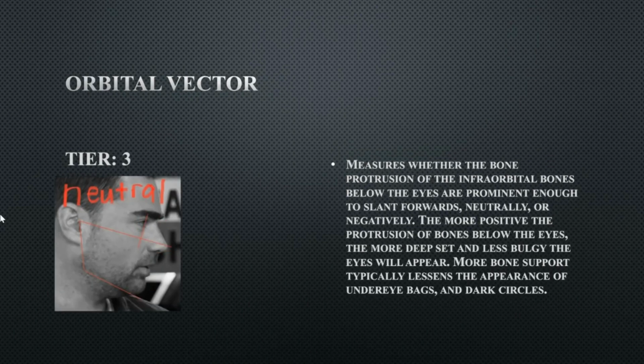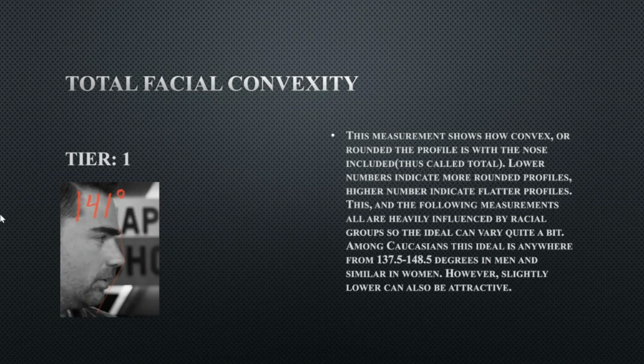His orbital vector, so your bone protrusion underneath the eye, you want it to be more protrusive to make your eyes more deep set, and his is neutral, so he doesn't have too much bone support underneath the eyes, but is within a decent range, so it's not going to look too buggish, but it's not going to look too deep set. His total facial convexity is a tier 1 at 141 degrees,